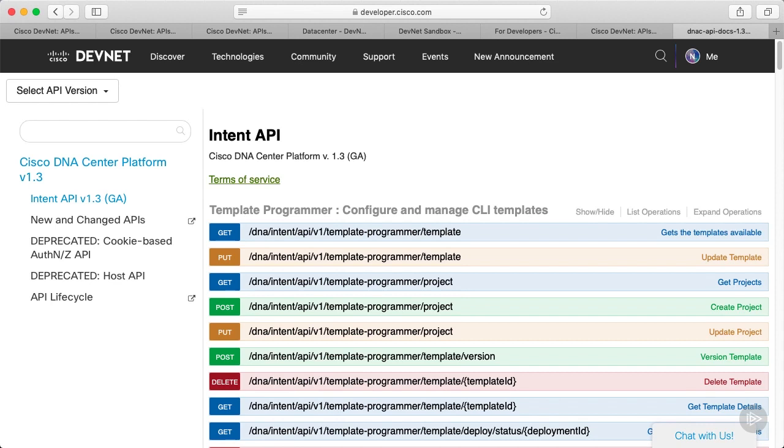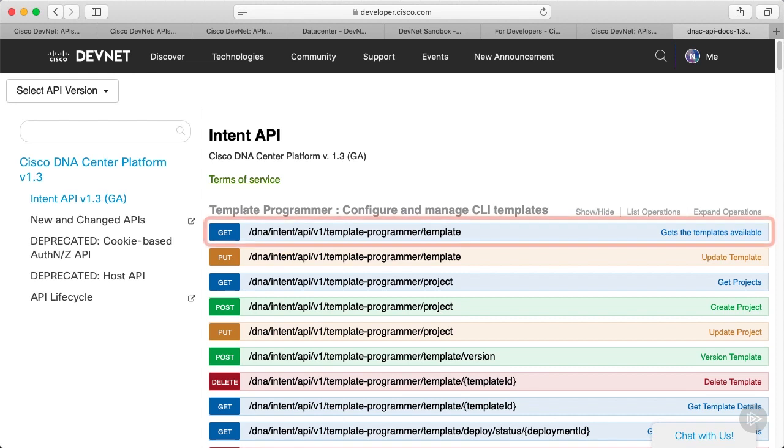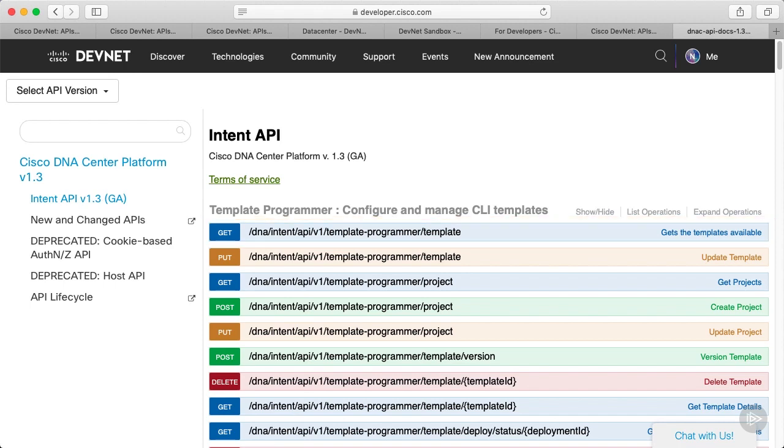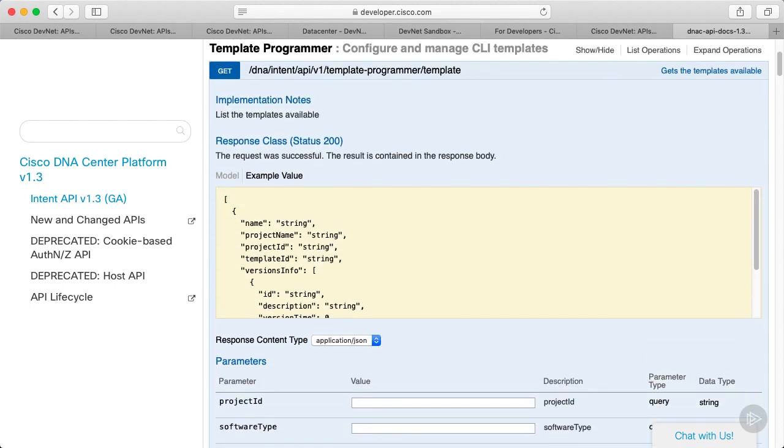Using color codes, it clearly shows us the different HTTP requests that we can send to DNA Center. This style of API documentation is known as Swagger and is a popular approach to documenting APIs. Some products, including DNA Center, also host this documentation on box, so if you are operating in a private environment without access to the DevNet website, you can still access this information. Let's expand one of these API calls. This reveals extensive details about the operation, including return codes, the JSON structure of the body response, and much more. Okay, back to the home page again.